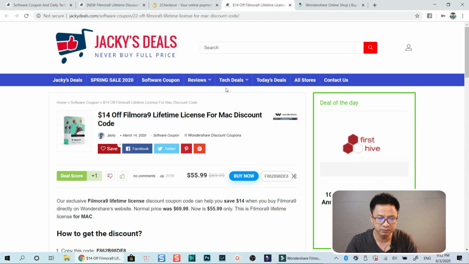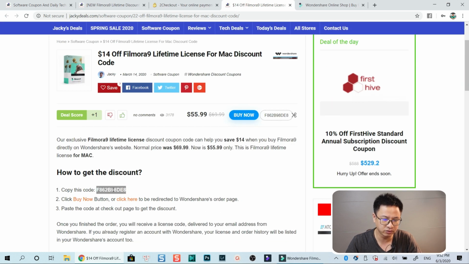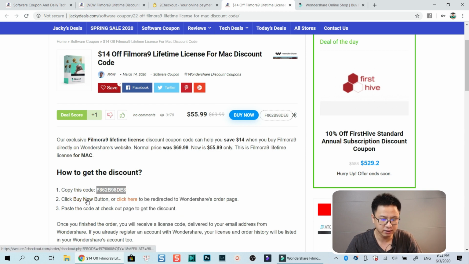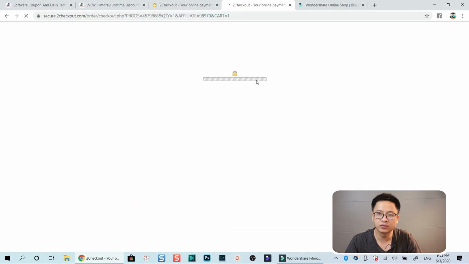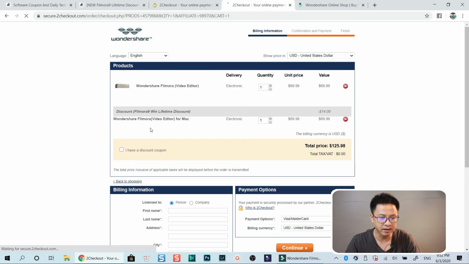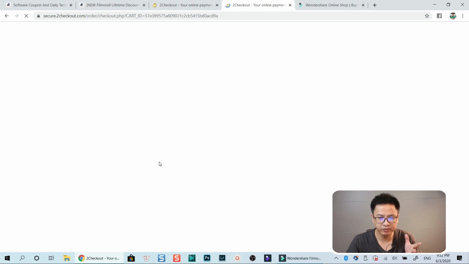Here is for Mac OS. Now we can copy this. This is the code, so the code is different. Okay, and copy, and click here. Okay, click here. So go to the same order page. Okay, and now we still have the discount for Filmora 9 for Windows, but we can delete that. Okay, refresh